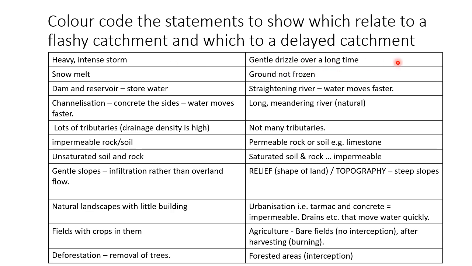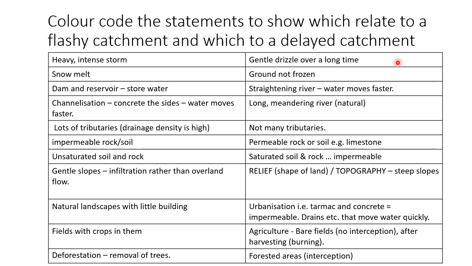Whereas gentle drizzle is going to mean that the water perhaps soaks into the soil, infiltrates into the soil more. There'll be more water flowing through the soil, through flow, or going through the ground flow. So it's going to mean that it takes longer for the water to get to the river. And that's the basic rule. If something is going to increase the overland flow, so there's more water getting into the river quickly because overland flows faster than going through the ground, it's going to cause a flashy hydrograph. And if it's going to reduce the amount of overland flow, it's going to cause a delayed onset or